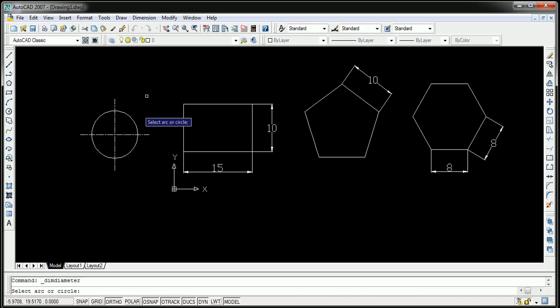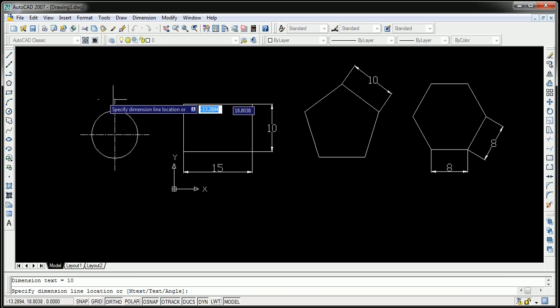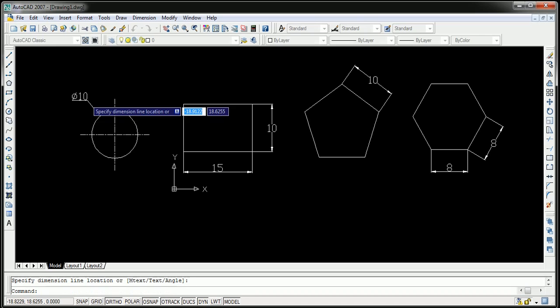Fine. Now what they ask: select arc of circle. So you have to simply select the boundary of your circle. As you select the boundary of your circle, it will ask you to specify the dimension line location. So just outside of that circle I'll locate this second point, and it shows that the diameter is 10